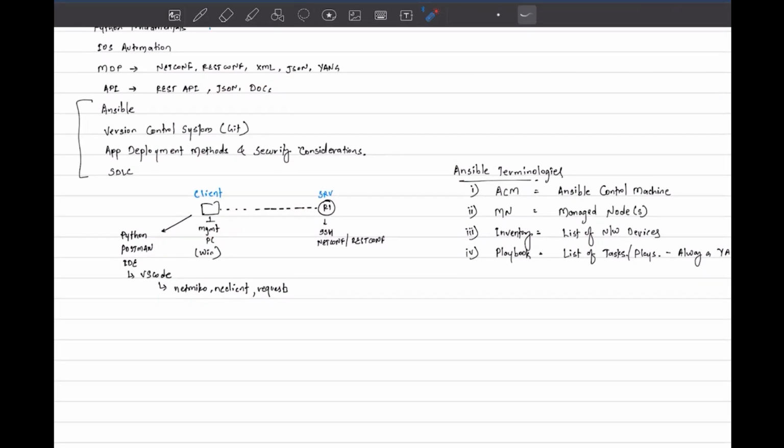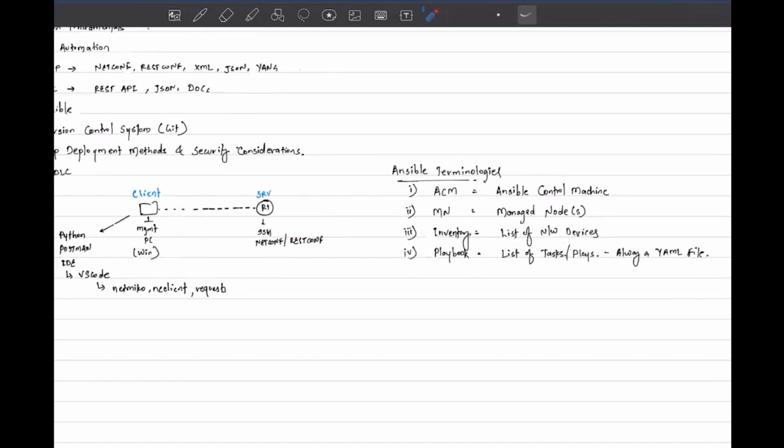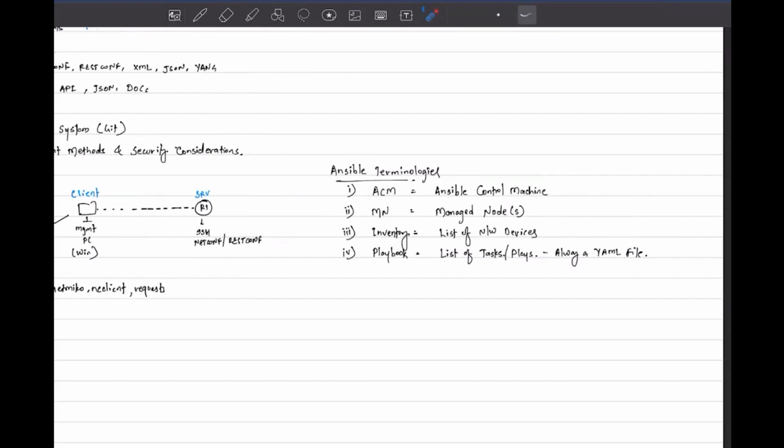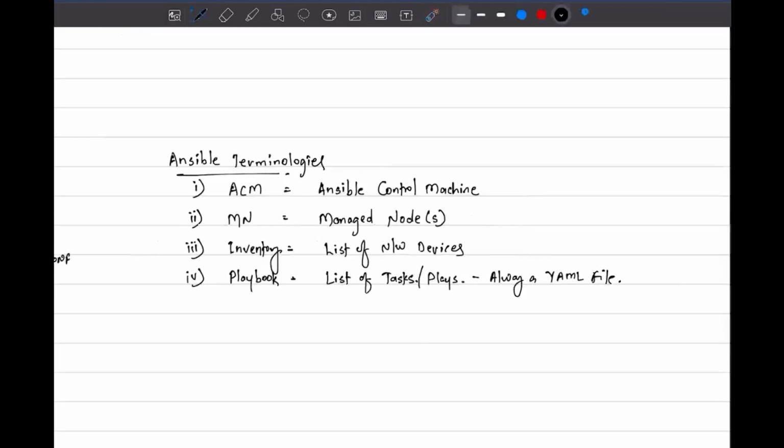So you need to make sure that Ansible is installed on your client machine, and you don't need to have Ansible installed on your network device, be it a router, switch, or anything. What you need is SSH, since Ansible uses SSH again as its transport for communicating with the device, and that is available on any network device. The Ansible control machine is natively supported